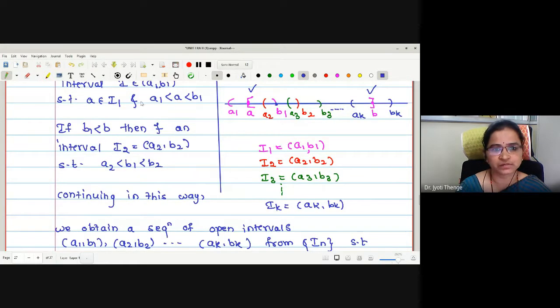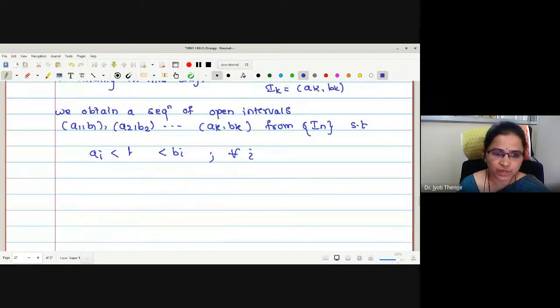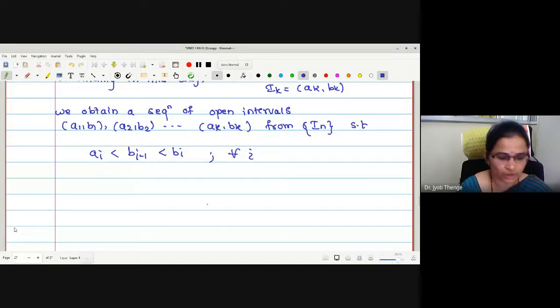Look at the two statements. A1, B1 we have A. In A2, B2 we have B1. What for A3, B3? We have B2 in between, no? Therefore, in general for AI, BI, may I write BI minus 1? Yes, no? Yes, ma'am. Okay. Therefore, now one can say that this closed interval AB is covered by finite number of open intervals, and now we will go for finding the length also.